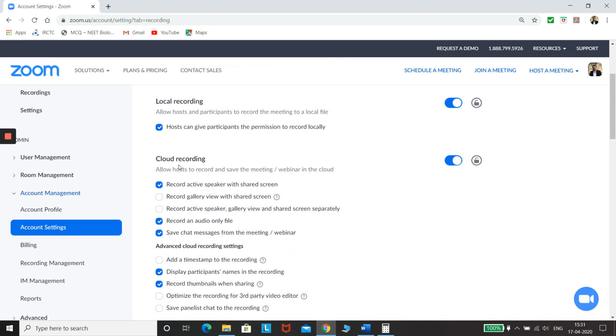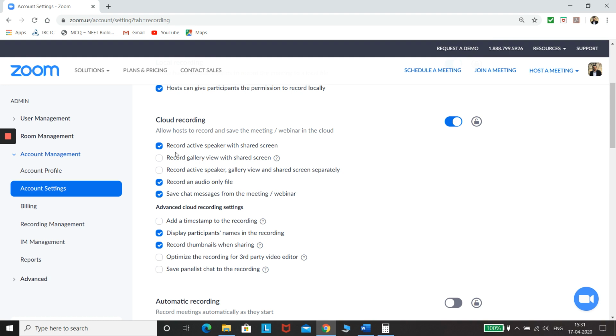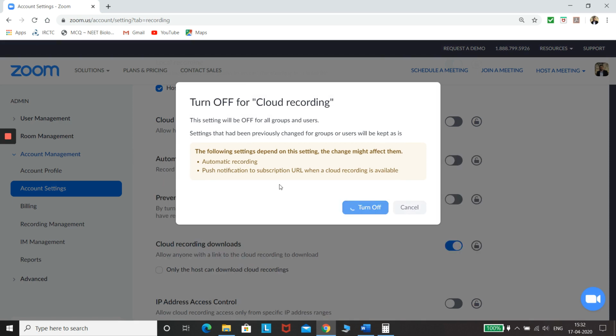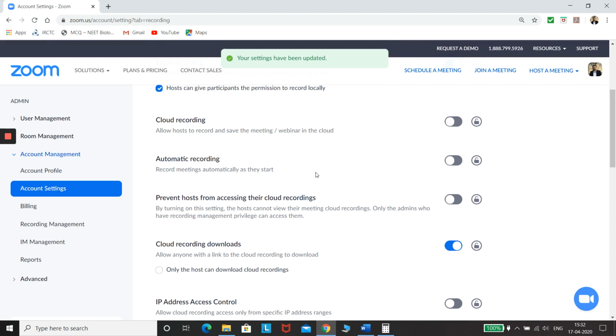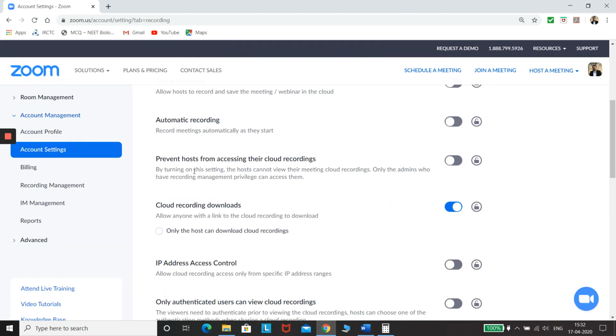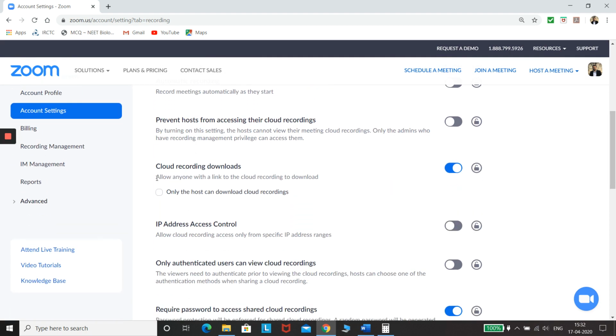Cloud recording we normally do not do. So cloud recording can be switched off because all recordings are usually done in the local computer only. Cloud recording downloads can be kept switched off.